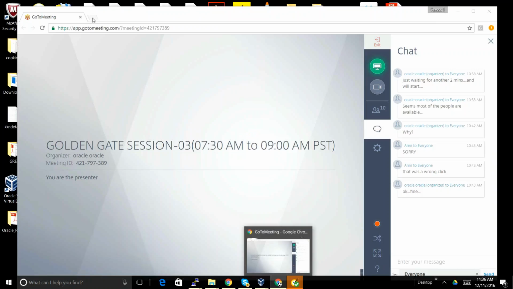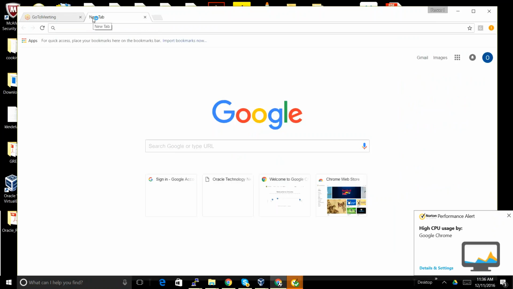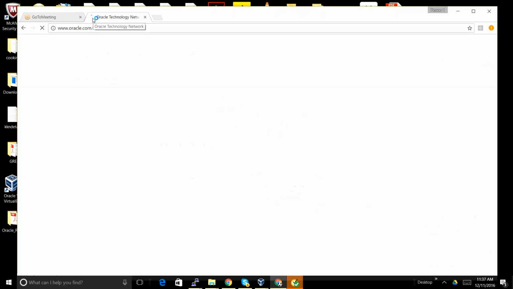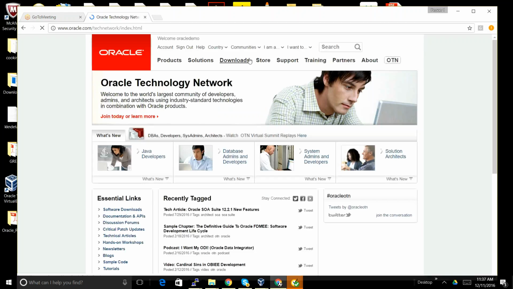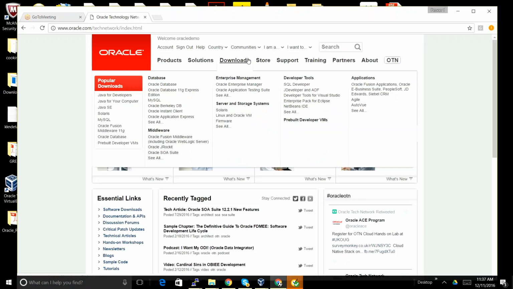Okay, now the first step is I'm going to show from where we need to download the software, and we will discuss the primary requirements, like user requirements as well as disk space and memory requirements, in a brief way. First let me connect to otn.oracle.com. For that I can use my current account, that Oracle info sharing. So in the downloads we have,